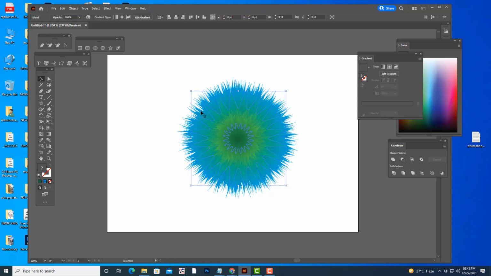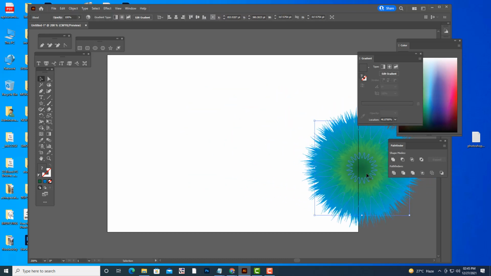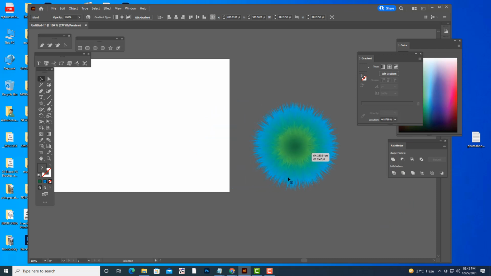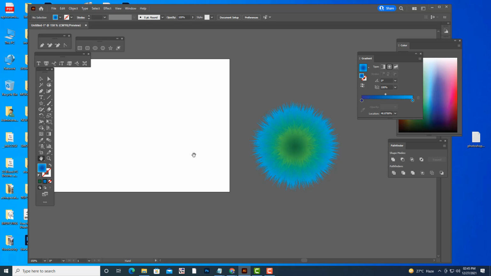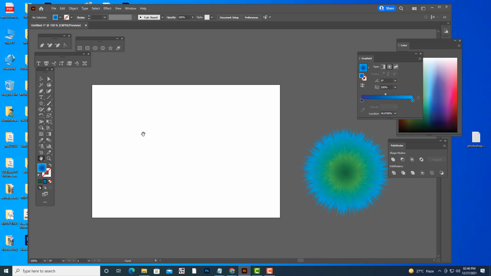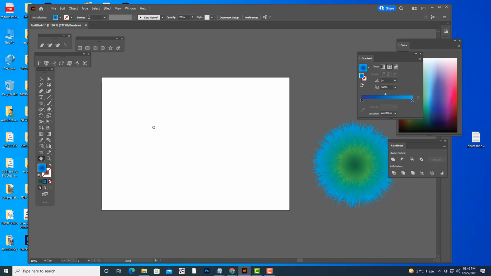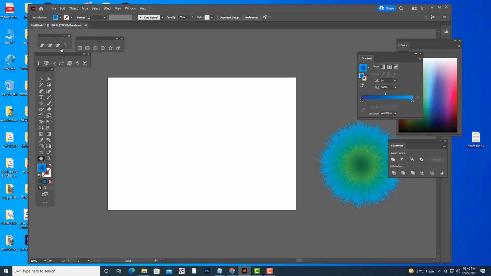So now we will just keep it here. I'm going to put this shape on a letter. Let me select an M shape. How will I create an M shape?